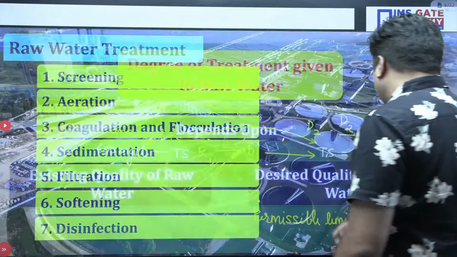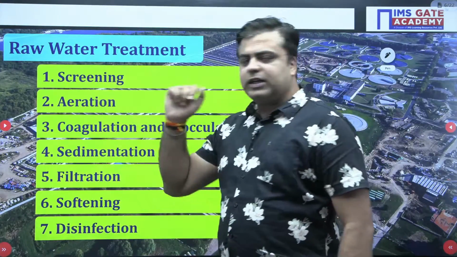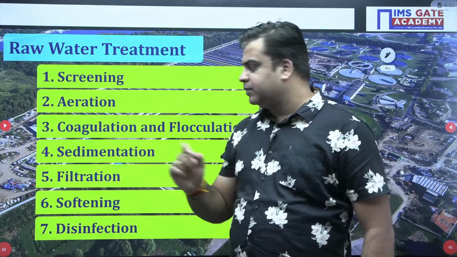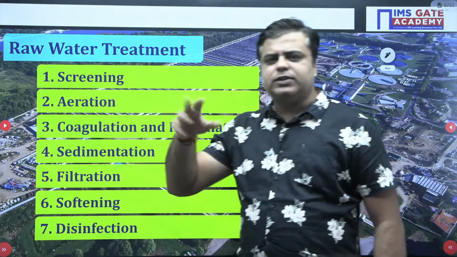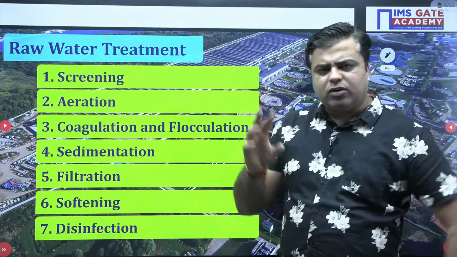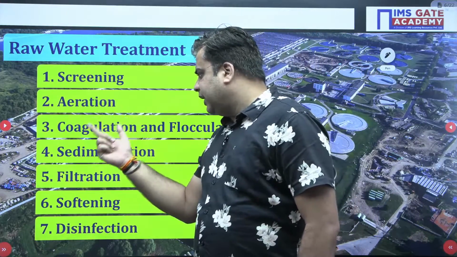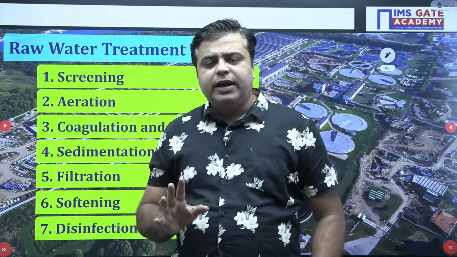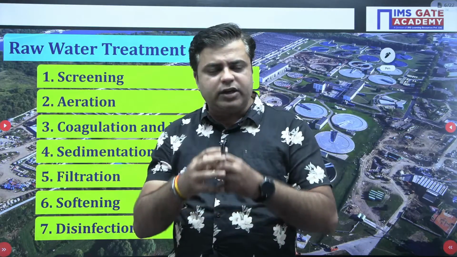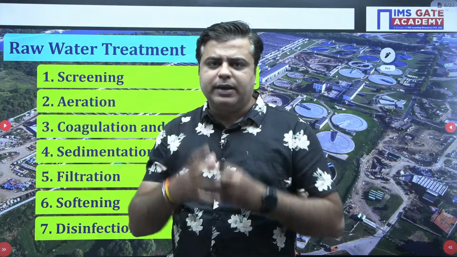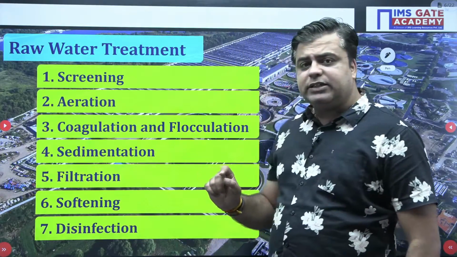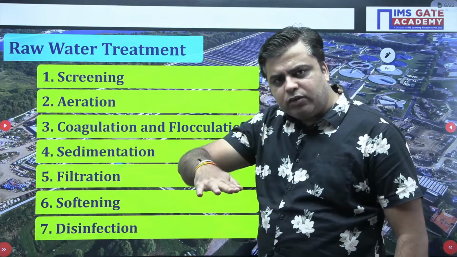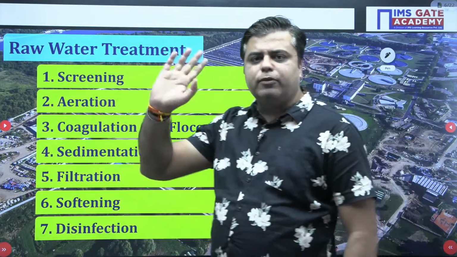Now for giving treatment to water, we use different processes. First is known as screening. Screening removes the coarse suspended solids. Then we have aeration. Aeration removes some dissolved solids, taste and odor, color causing compounds, all those things. You can read this. Then there is coagulation and flocculation. Coagulation and flocculation does not remove anything. It basically agglomerates the fine suspended solids together so that they form larger size particles. Then we have the process of sedimentation, which actually removes the coarse suspended solids. You allow the solids to settle down, and by this settling, these solids are removed from the system.